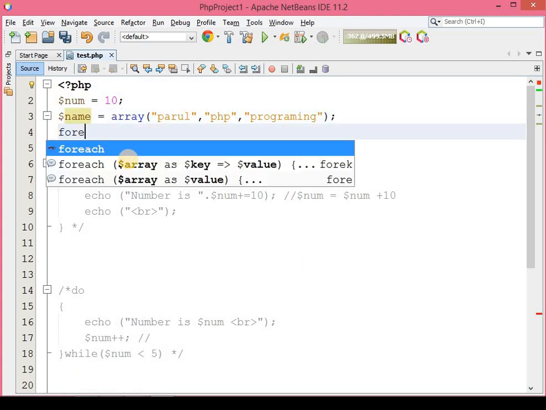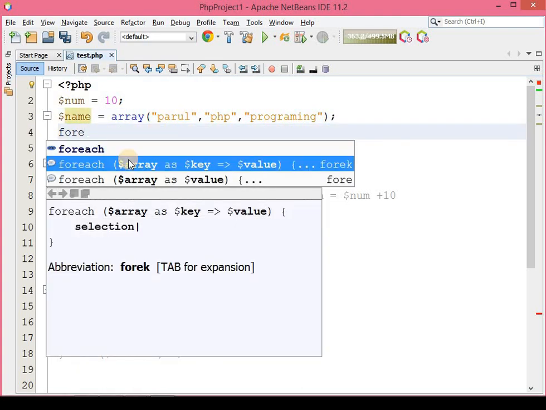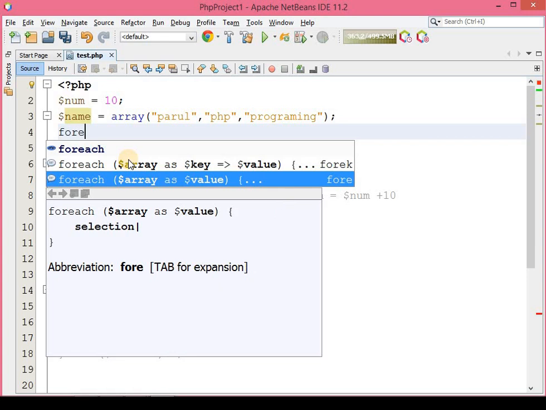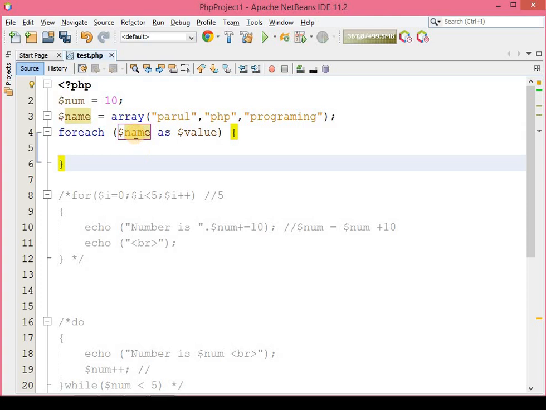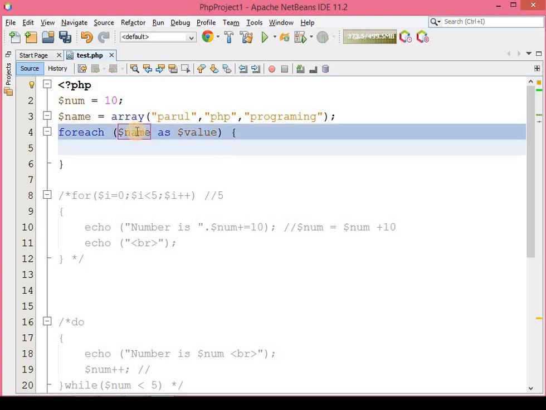Now over here you can get the suggestion also. Okay, so this is array as a value. So over here you got your array name as, this is a syntax, and value, this is a value which is which variable is created, and element of this array, it will be stored in this variable.